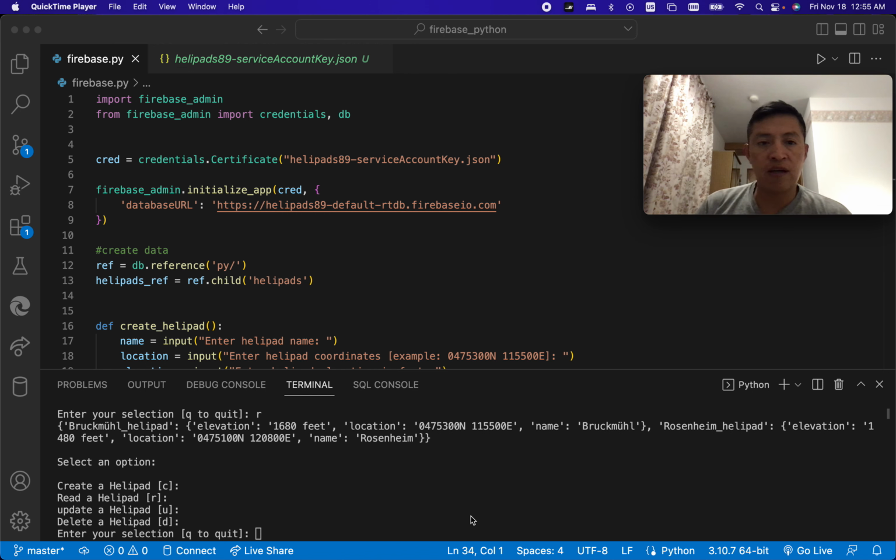Right here we have two helipads' information, for Brickmill and Rosenheim, and this is the Firebase console from Google. And we just need to come back here. In this code we have import firebase_admin, which was already installed on the terminal using pip3